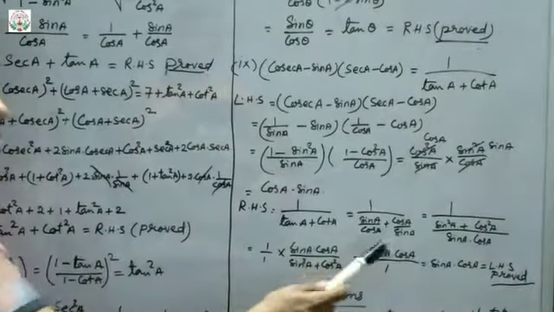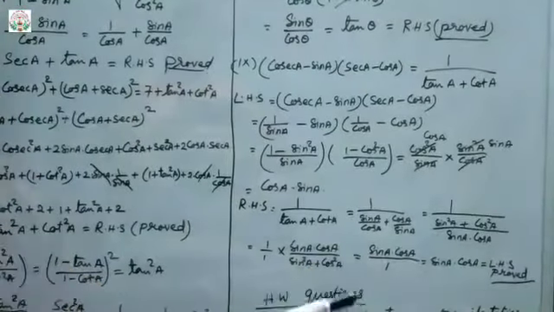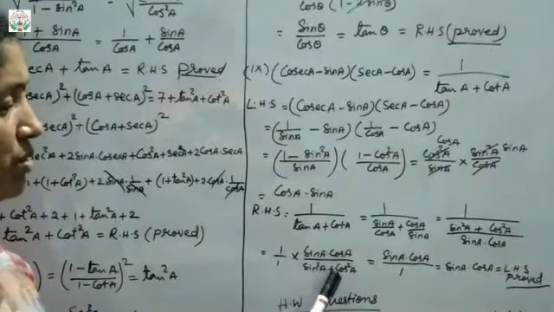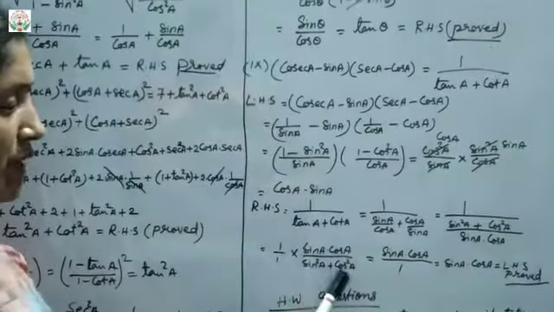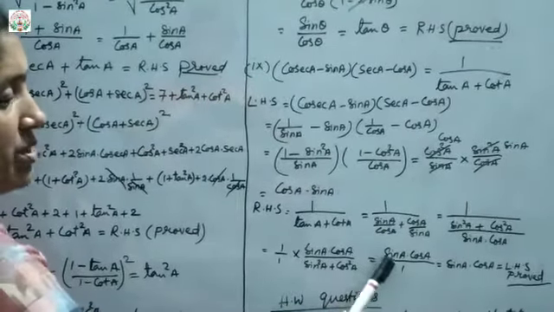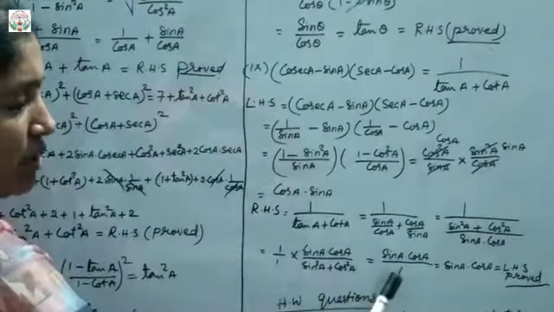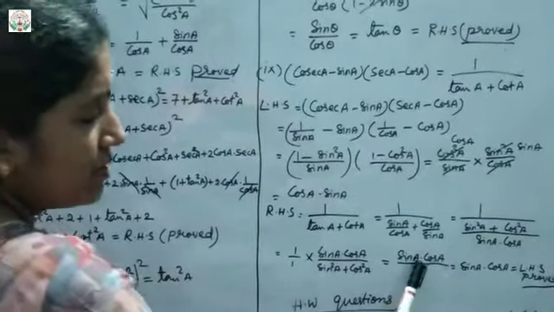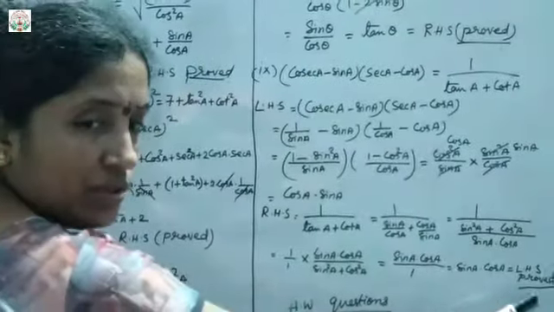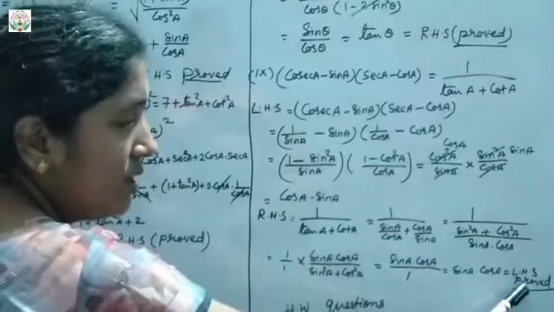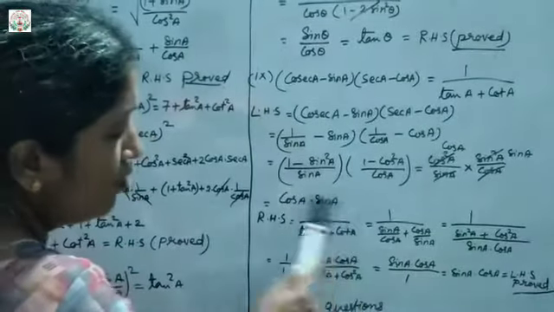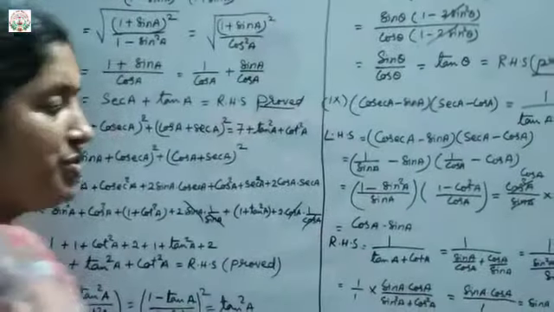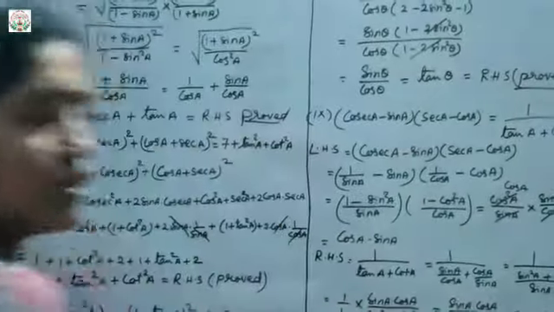Now the denominator becomes the numerator and the numerator becomes the denominator, that is a reciprocal. So sin A into cos A upon sin square A plus cos square A. We know the value of this one as 1. So that is equal to sin A into cos A upon 1, since sin square A plus cos square A is 1. So that is equal to sin A into cos A, which is our LHS. So both proved, sin A into cos A and cos A into sin A. Proved. So equal to LHS, which is proved.